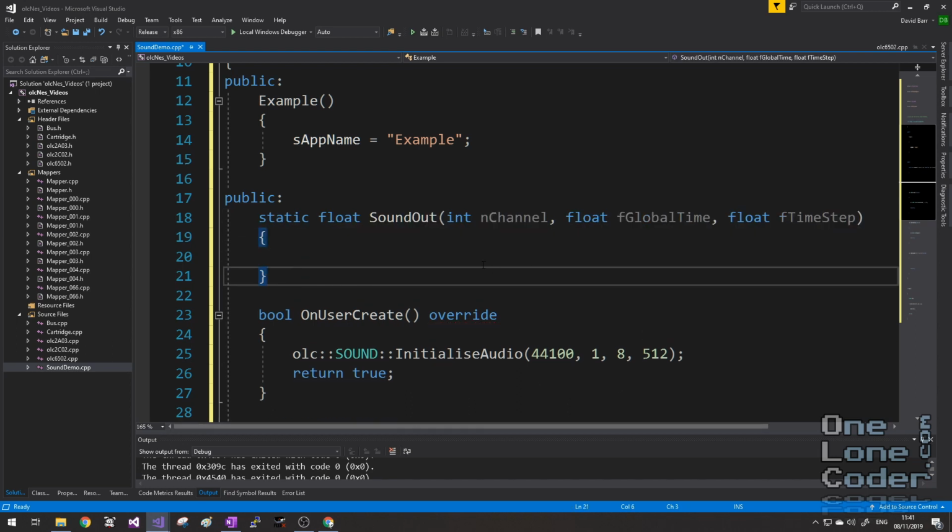So I'm going to create a function, and it's a static function called soundout. This is the function that will be called by the sound extension every time it wants a single sample. And it requests what channel it wants that sample to be for. So in a two-channel system, that's the left speaker followed by the right speaker. It also provides some convenient timing functions. Global time is the time since the application started, and time step is effectively 1 over the sample rate that